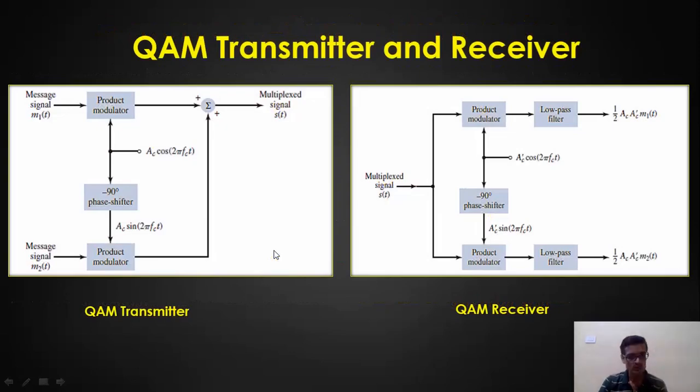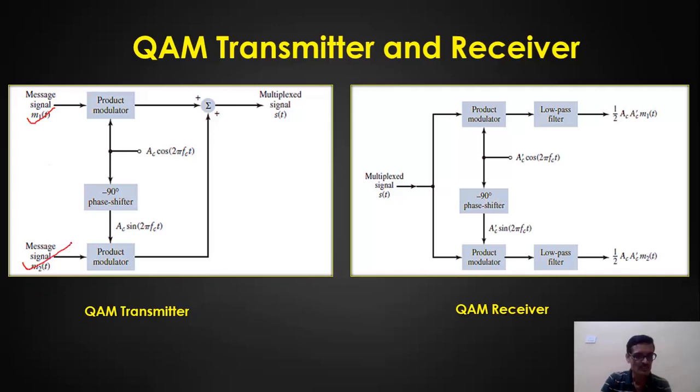Now going to the transmitter and receiver block diagram of this, as I told earlier, the same concept of quadrature carriers used in the Costas receiver is actually used in this method also. This is the transmitter of a QAM or quadrature carrier multiplexing. This is the receiver block diagram of a quadrature amplitude modulation. Now, as I told, we have two independent message signals. The first one is M1 of t, let us say.